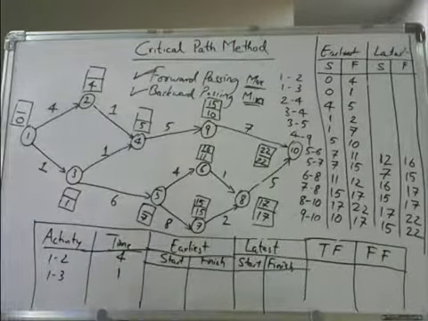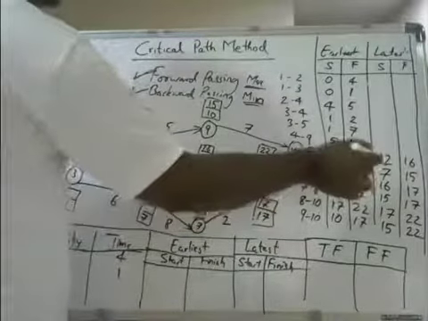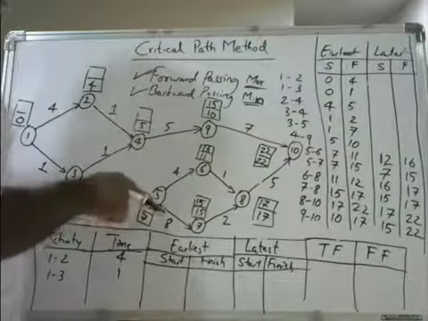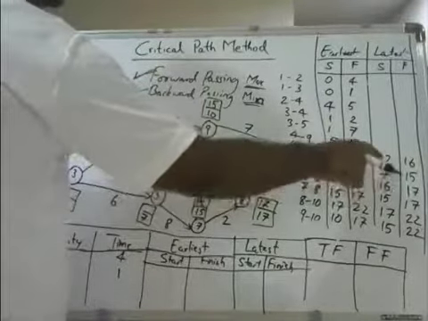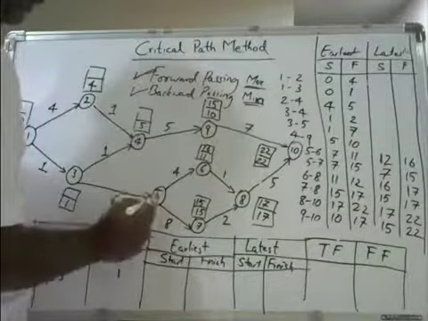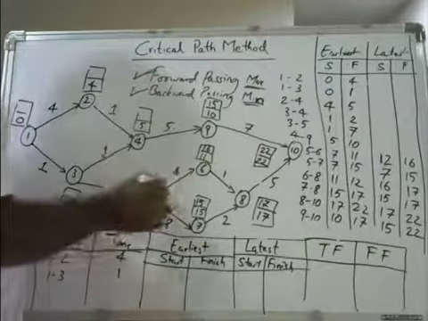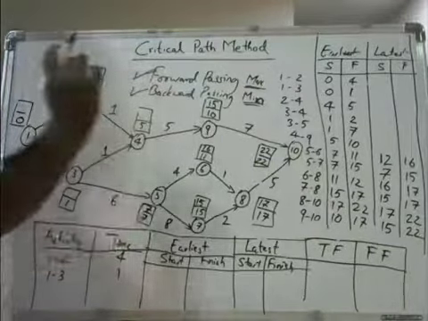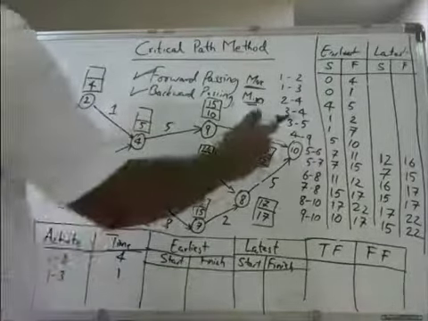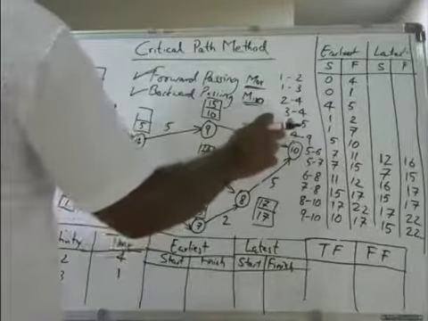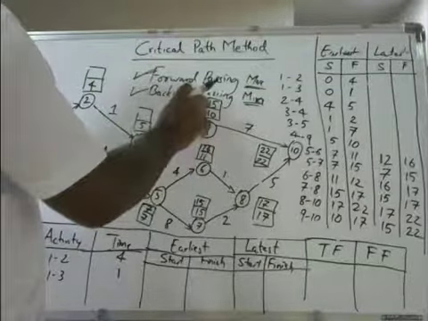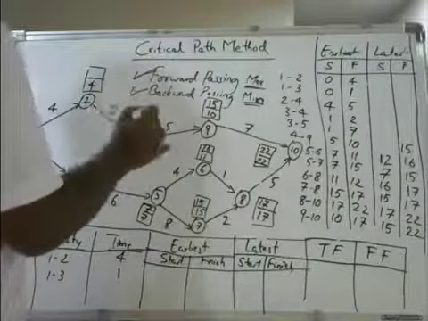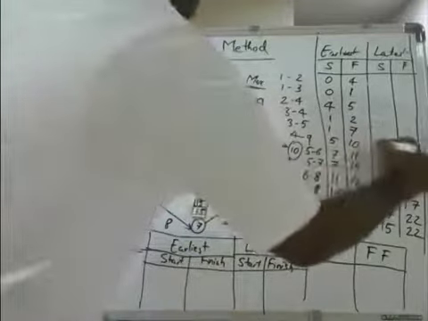Because two pathways are converging here, out of these two, whichever is minimum you should take. Which is minimum, 12 or 7? 7 is minimum, so you should write 7 here. Now the next activity is 4 to 9. 4 to 9 is here. You are coming from 15. So write 15 here. 15 minus 5 is 10. So you end up with 10.